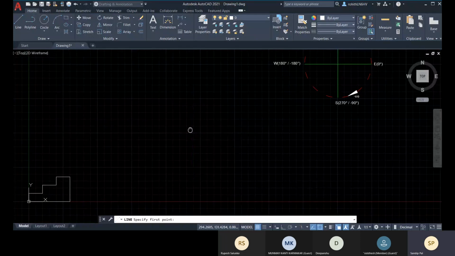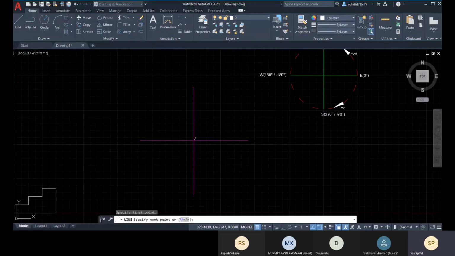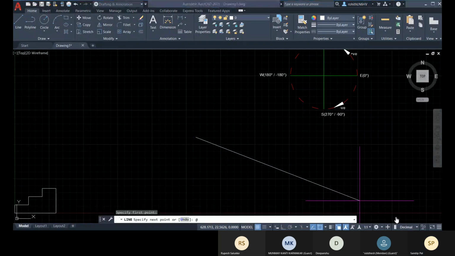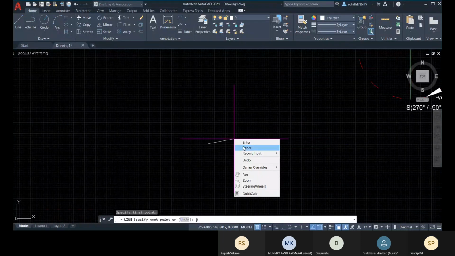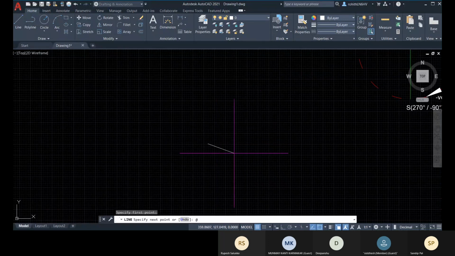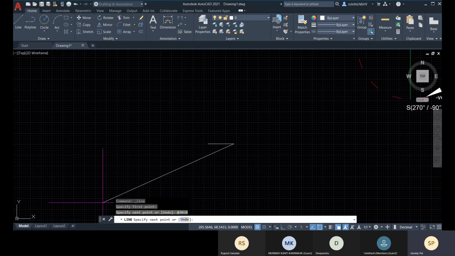So let me put my first point on any random coordinate value, and then I'll go with at the rate, so it can calculate from the last point. At the rate 30, less than 0-degree, enter.